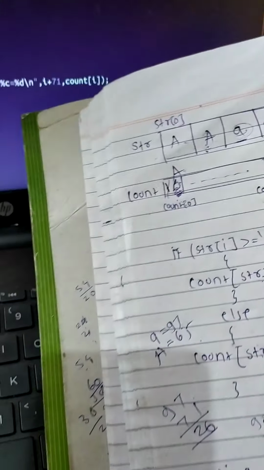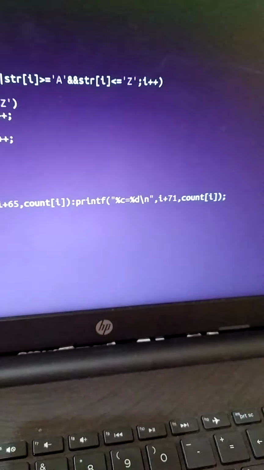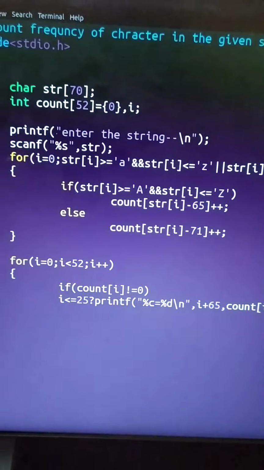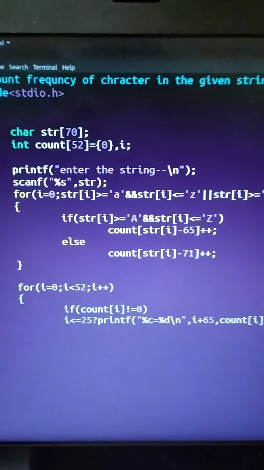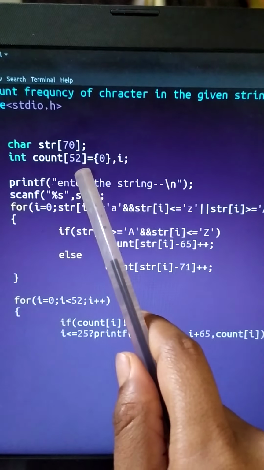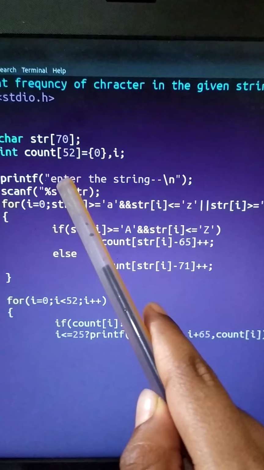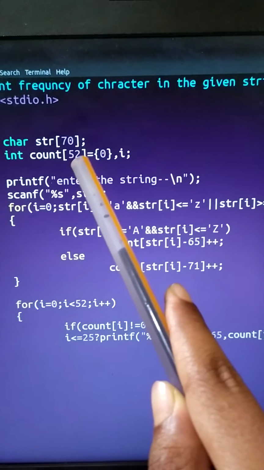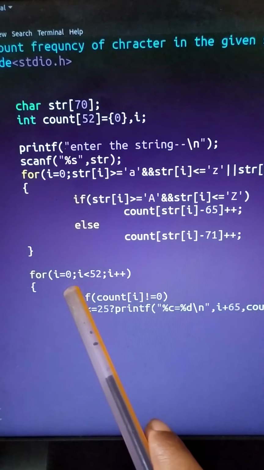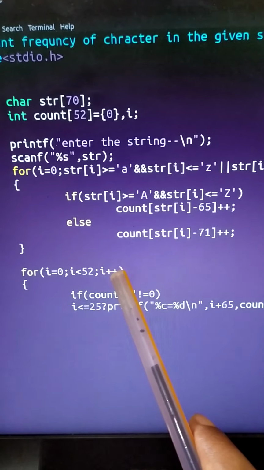For printing, we need to print like that. In the integer array count, we keep the count of each character, meaning its frequency. So here I equals 0, I is less than 52, I plus plus.